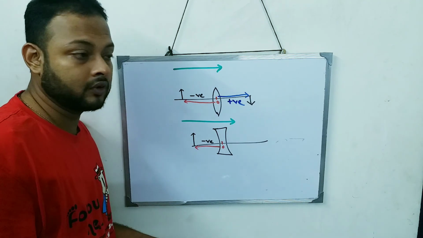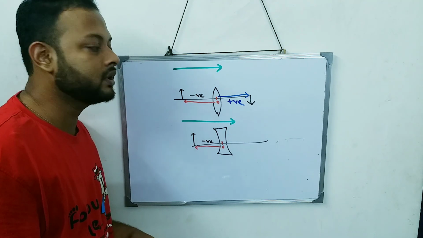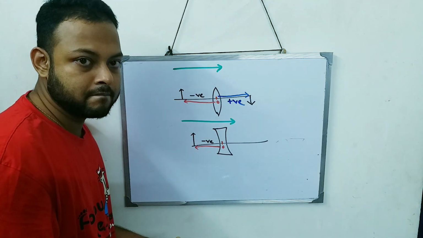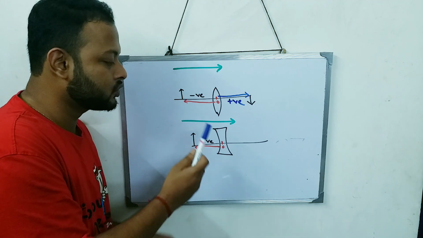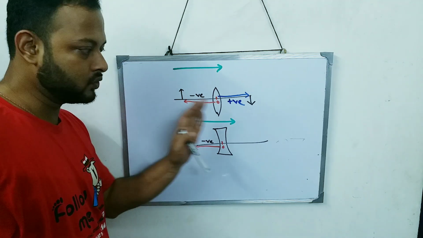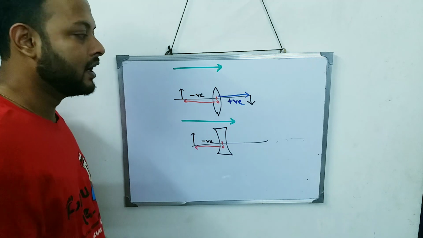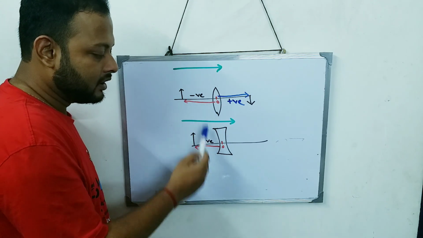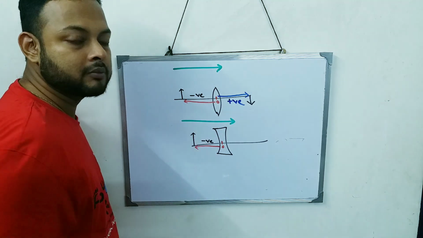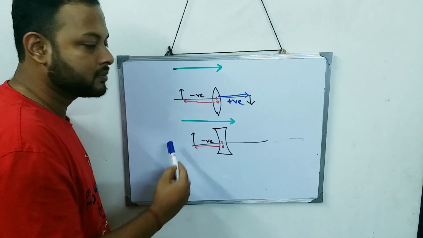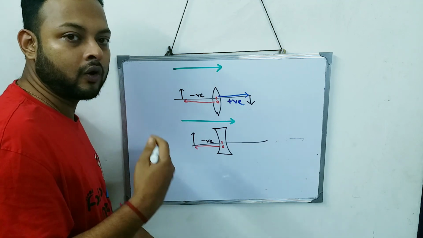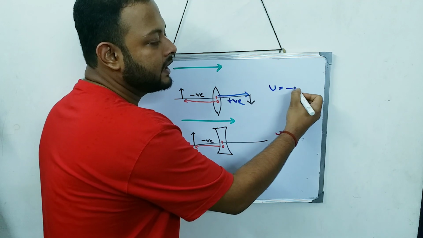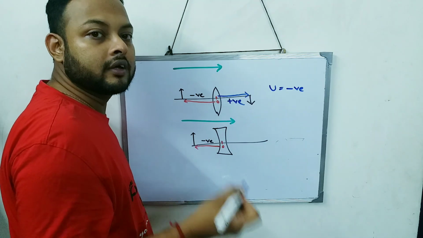This rule you have to know. Second thing that you have to know is that if you see my convex lens or concave lens, my object is always placed on the left hand side. When we measure distances on the left hand side, the distances always come as negative. So in all the sums that I will do, you will see u is always negative. The value of u is always negative.